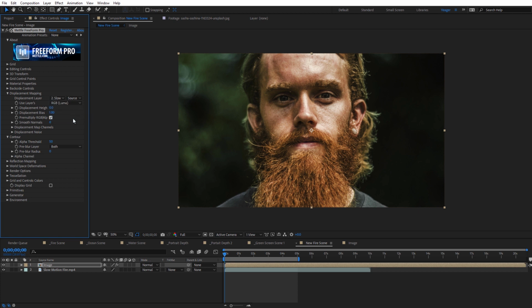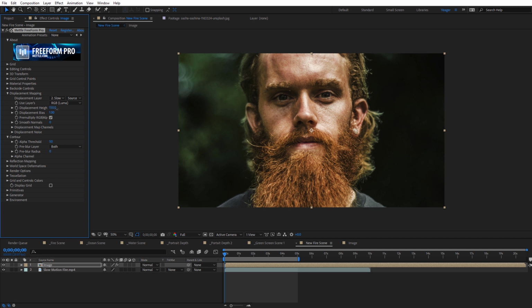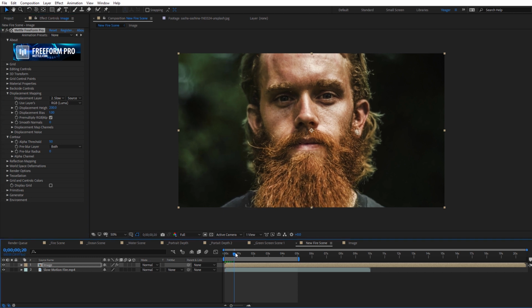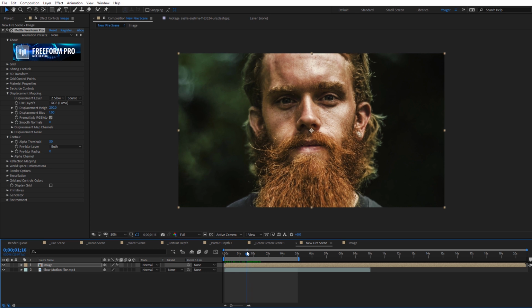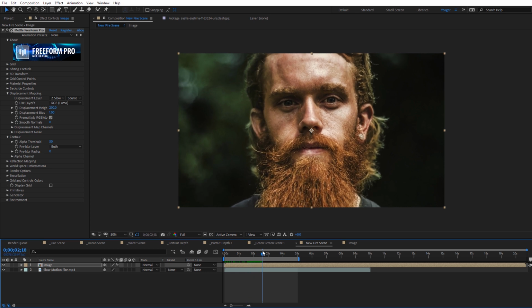And when we select it, we're really not going to see much of a difference just yet. We need to increase the displacement height. So I'll go ahead and increase this some. I like to set it on a setting of around 200. And this may be a little difficult to see as is right now, but if I go ahead and scroll through the footage, you can see we're kind of getting some of those heat waves on our footage, and that's where it's actually being displaced.